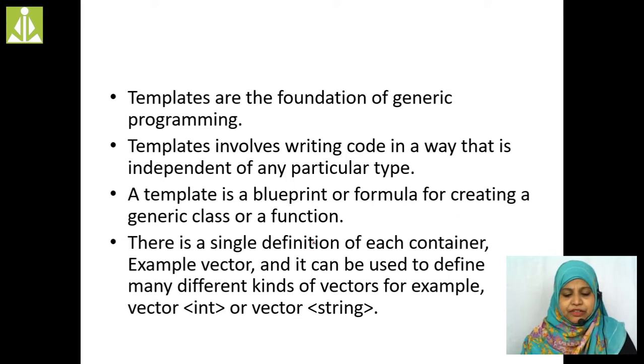In the previous example, I explained using the addition of two numbers. For example, if you want to represent any vector, it can be represented in terms of integers, strings, doubles, or characters, whatever it may be. To represent any vector, we just define one vector template. By using that vector template, we can pass an integer value, a floating point value, or a string value. This is the template.